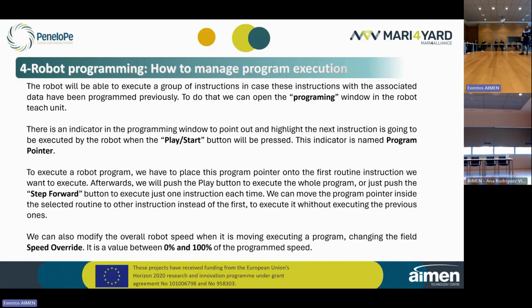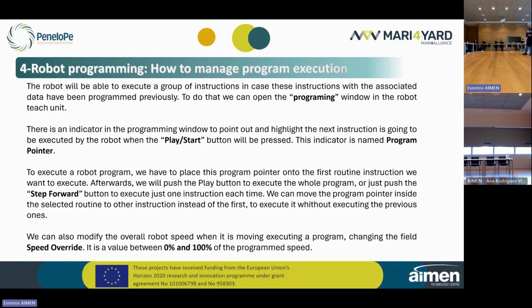Okay, and finally, something that we can also modify when we execute a robot program, regarding the movement instructions of the robot: we can change the speed or override field or parameter in order to modify the execution speed of the robot when it is executing a movement